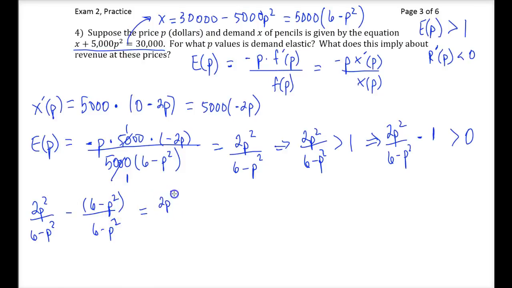And this would just be 2P squared minus 6 plus P squared, because we have to distribute the negative there, and all that over 6 minus P squared. And that will end up giving us 3P squared minus 6 all over 6 minus P squared. And that would have to be greater